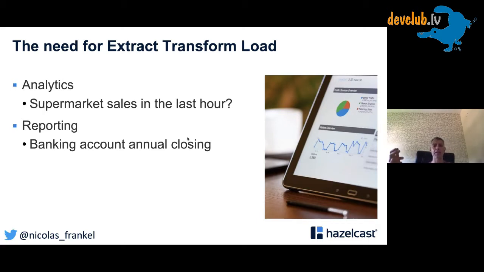Another need is at the end of the year, or perhaps the end of the month, depending on the country, or both. Your bank will send you an account extract, which tells you what happened on your account. For both those use cases, SQL is not that great. And it all boils down to the following: